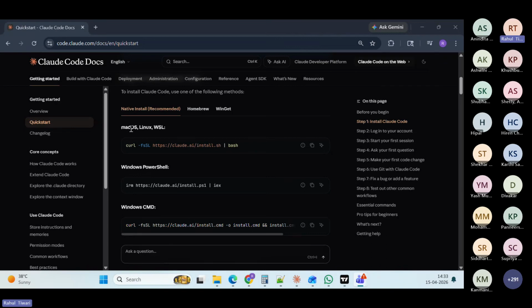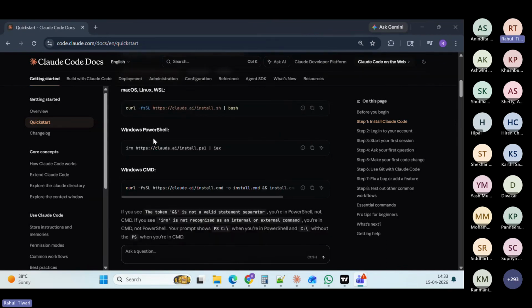If you are coming from Mac or Linux type of machines, then this is the link to use. If you are using Windows, you can use these links: one for Windows PowerShell and one for Windows command prompt. I have a Windows machine, so I will use this command. I'll copy that. I already have it on my machine,